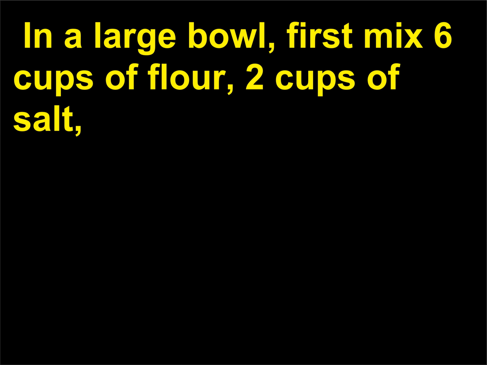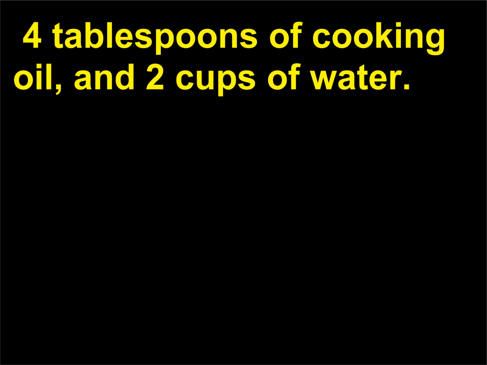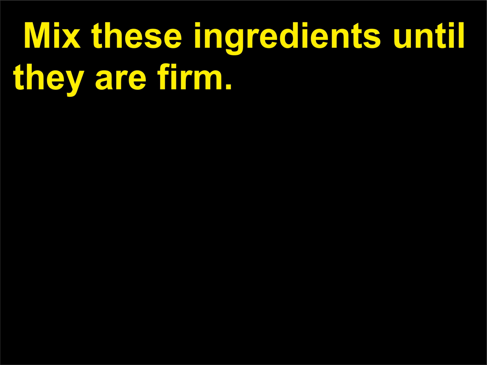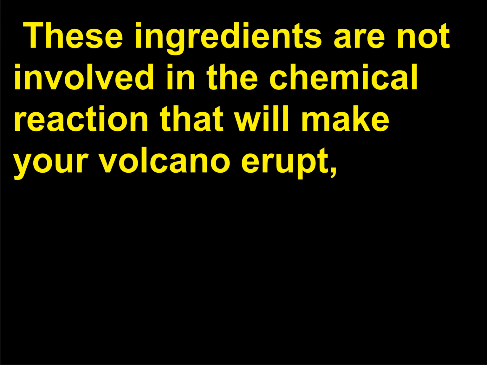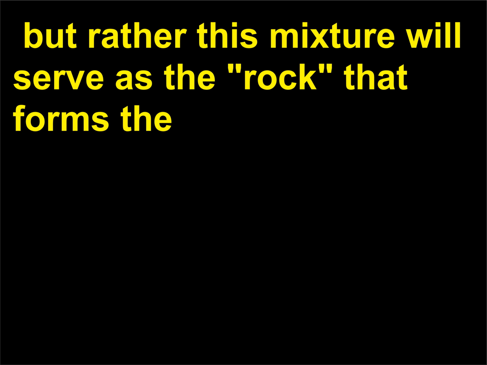In a large bowl, first mix 6 cups of flour, 2 cups of salt, 4 tablespoons of cooking oil, and 2 cups of water. Mix these ingredients until they are firm. These ingredients are not involved in the chemical reaction that will make your volcano erupt, but rather this mixture will serve as the rock that forms the